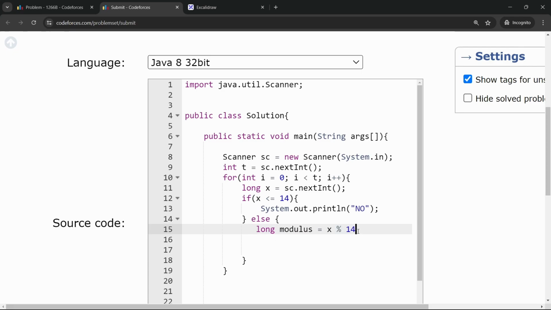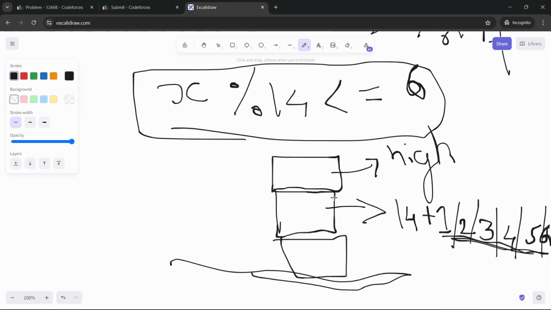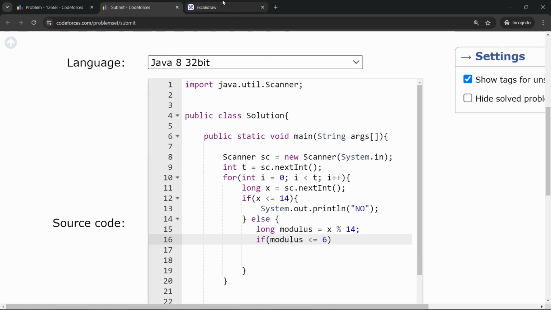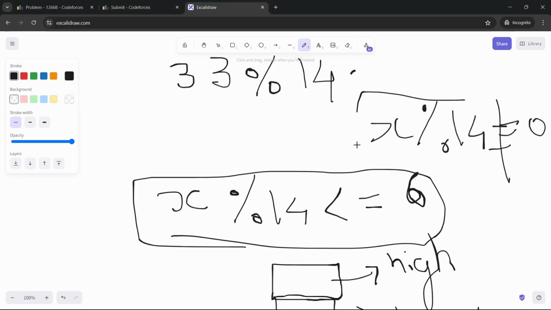Can write it like this also. So x modulo 14. Then x modulus 14 we have. Then we have to check this condition whether this modulus is less than or equals to 6. We have to check, and also we have to check whether this modulus is not equals to 0, because if